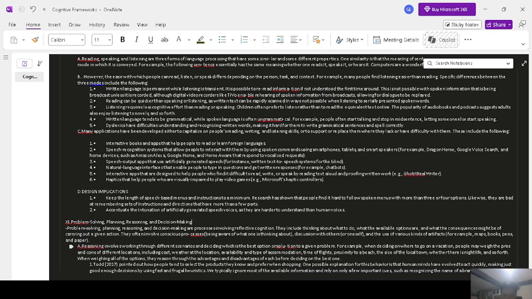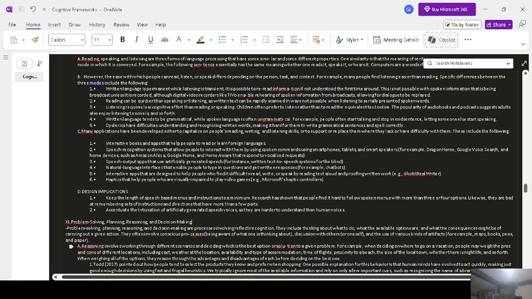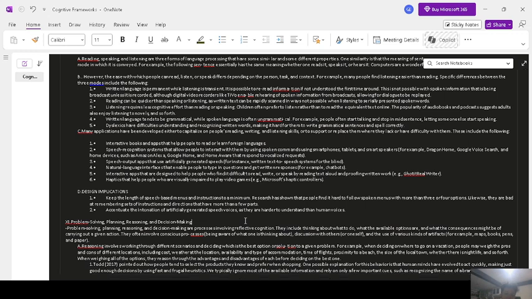Design implications: keep the length of speech-based menus and instructions to a minimum. Research has shown that people find it hard to follow spoken menus with more than three or four options. Likewise, they are bad at remembering sets of instructions and directions that have more than a few parts.